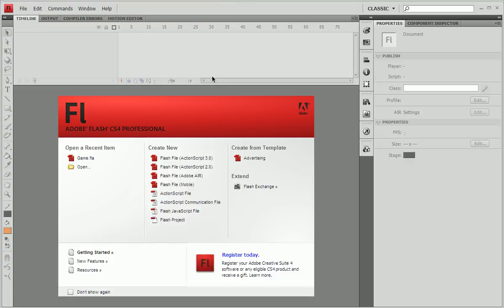Now, next, last but not least, is Adobe Flash CS4 Professional Edition. This is the newest edition, and Flash is really self-explanatory. It's Flash. If you have anything to do with Flash, like making little games, making banners, making a little animation of anything, you make it in Flash format. You can even make things that are not even Flash format. Like, for example,